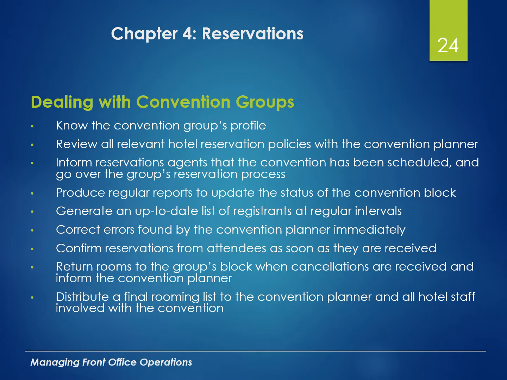So first of all, we want to understand what the guest profile is, or what the group's profile is. How many room nights do they have? There's a term we call their peak night. Their peak night is going to be the night that they're going to utilize the most number of rooms. Is their peak night on the first night? Is it in the middle of the meeting? Is it the last night of the meeting? Also, what kind of food and beverage packages are being purchased by this group as well?